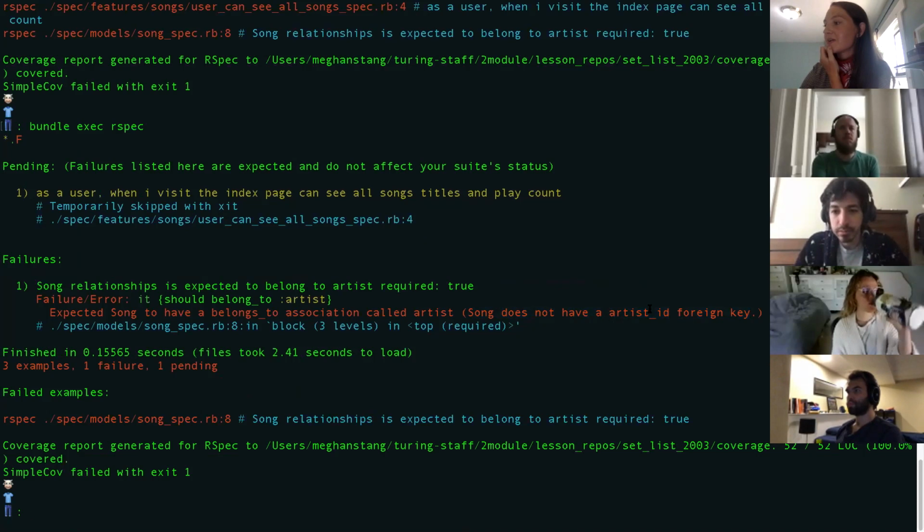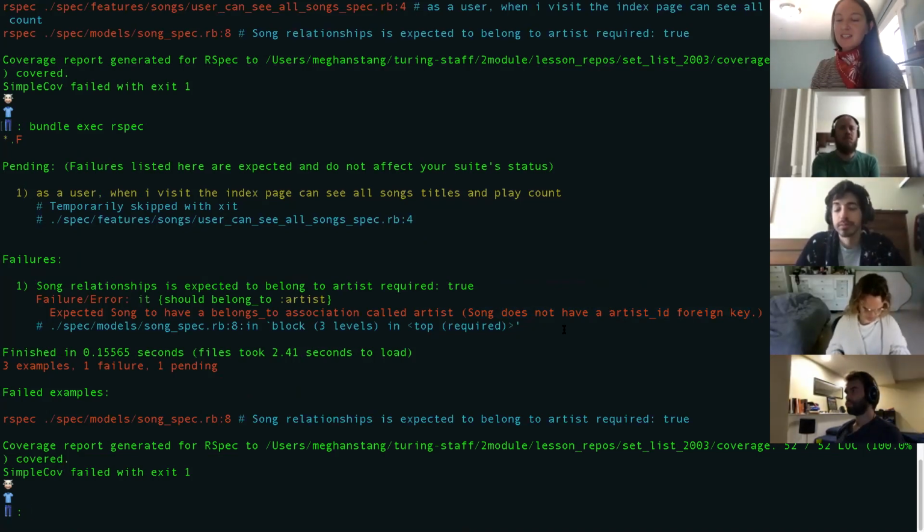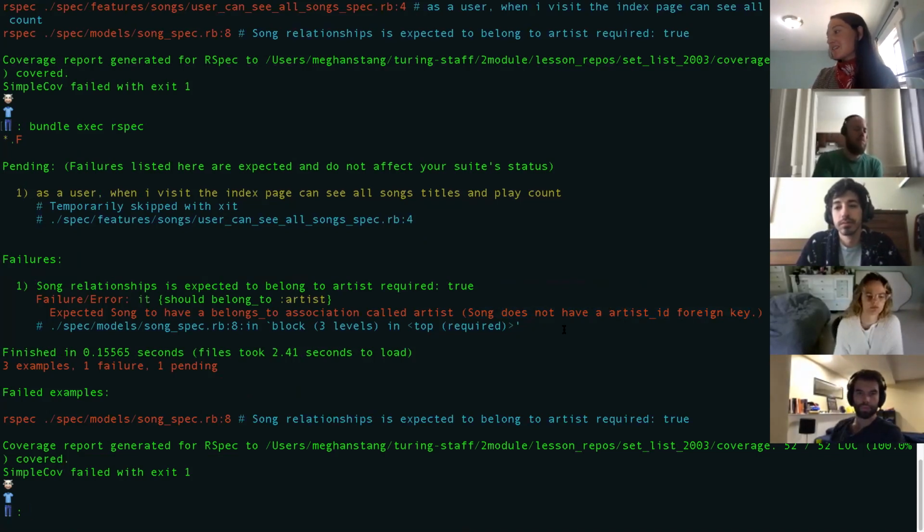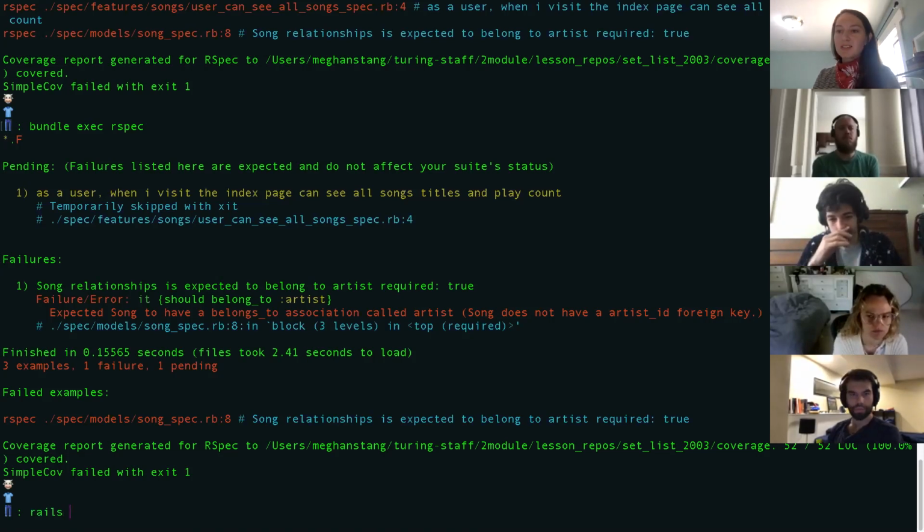Before I do that though, actually, let me do it, and then I think we're going to run into some issues, but I think it's good that y'all will see this. It's all because I started on the songs table first and not the artists table. So we might run into a little bit more than what's in your lesson plan, but it's good for y'all to see. Let's follow this error: song does not have an artist ID foreign key. So I'm going to add a column called artist ID that is going to relate to my artists table. I'm going to say rails g migration